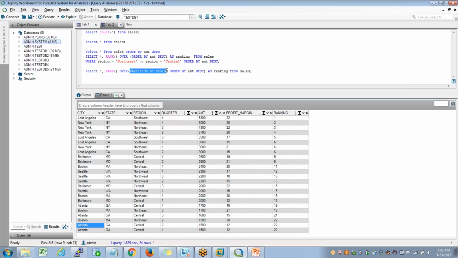So you remember the order in which the query gets executed. First, any joins will be executed, then where clauses, then group by and having, there is nothing here. So it fetches all the data from this sales table, that is 24 records, and gives it as an input to this rank function. Now rank divides those 24 records based upon region as a partition. So 4 different partitions or 3 different partitions. Now against each partition, it orders the data by amount descending. Now if I run this,